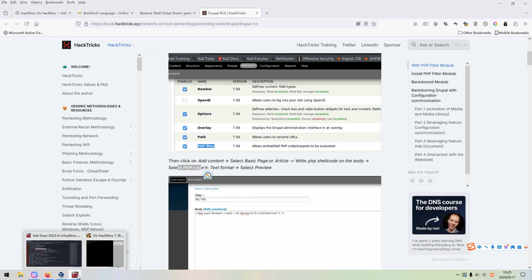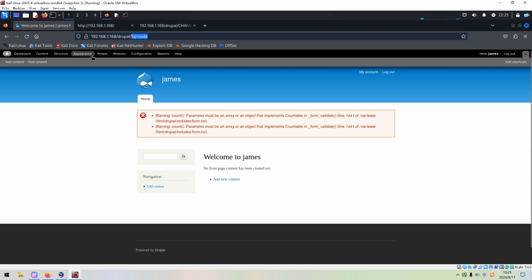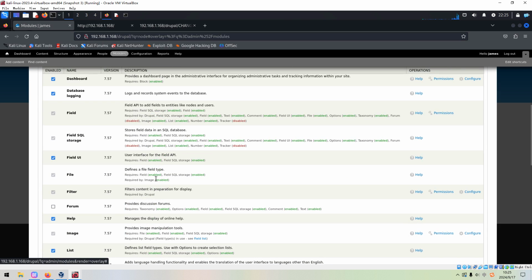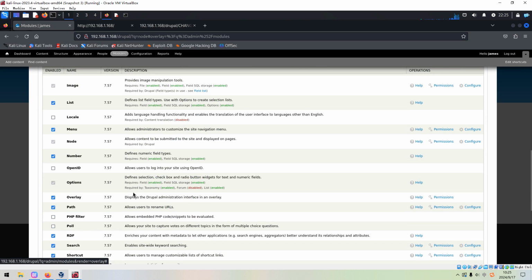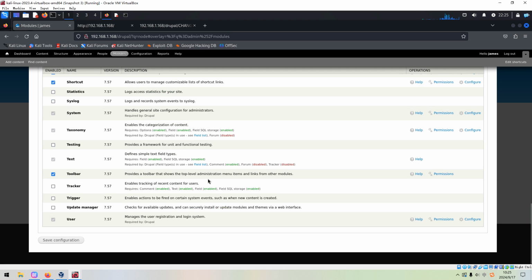Okay, so let me show you in action. We can go to the modules and locate PHP filter. We can enable this one. This module allows embedded PHP code to be evaluated, and then we can save configuration.